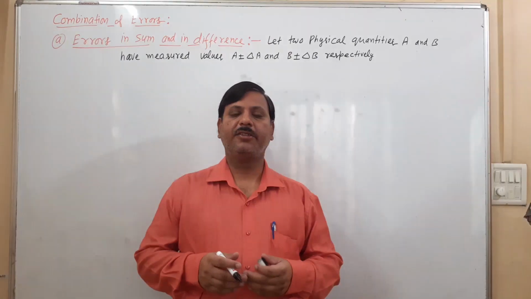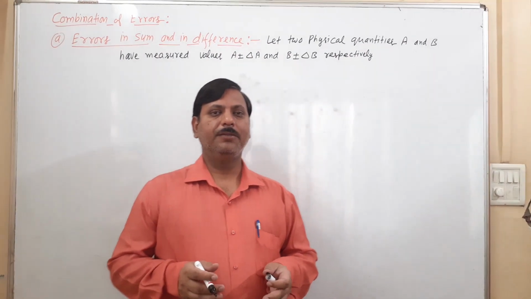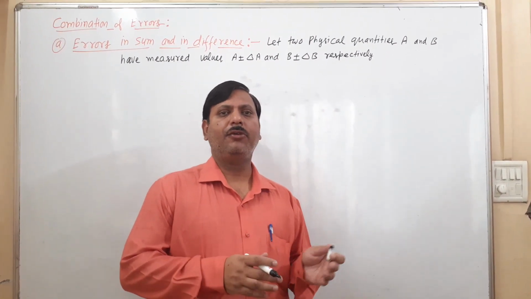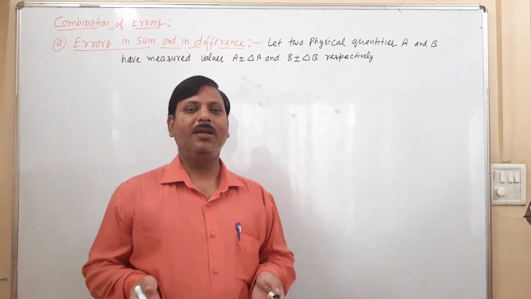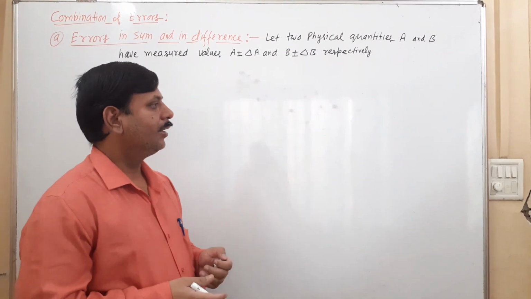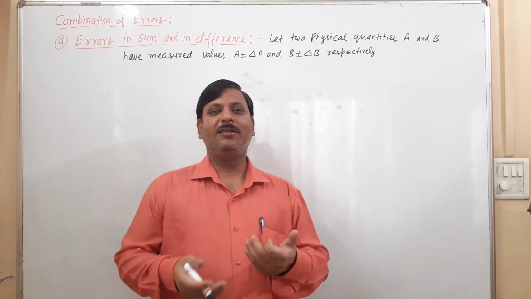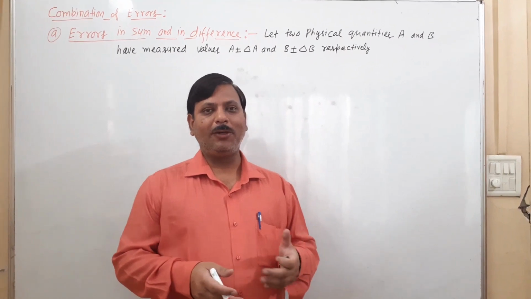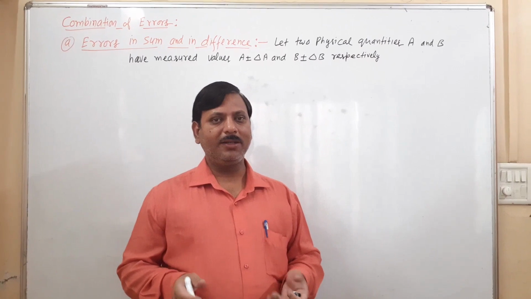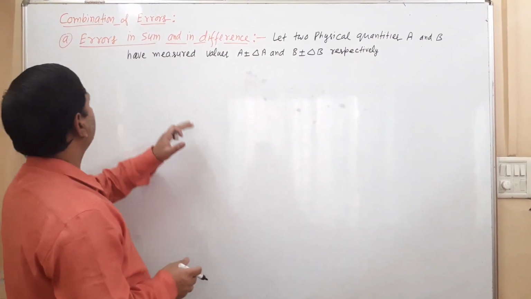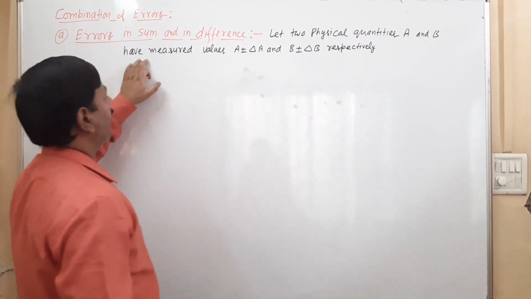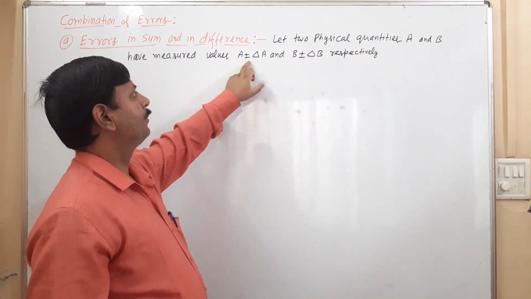See, today we will discuss the combination of errors: how we can combine two physical quantities. If a physical quantity is the sum, product, or difference of two physical quantities, how can we write the measurement, and how can we find the absolute error for the sum, difference, product and division? See, here I have taken two physical quantities A and B, with measured values A plus minus del A